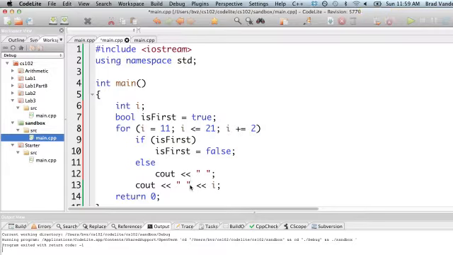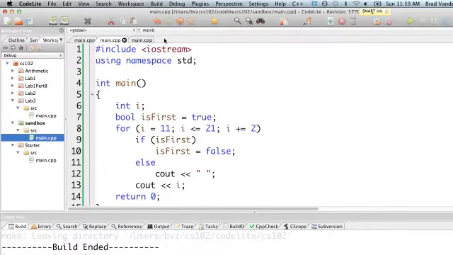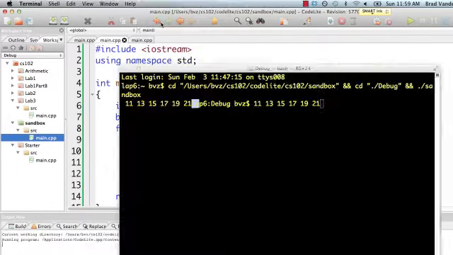And then down here we could simply print i. So basically what's happening is if it's the first time we set isFirst to false, but we don't print out the space. Otherwise, we print the space. And now if I were to build it and run it,